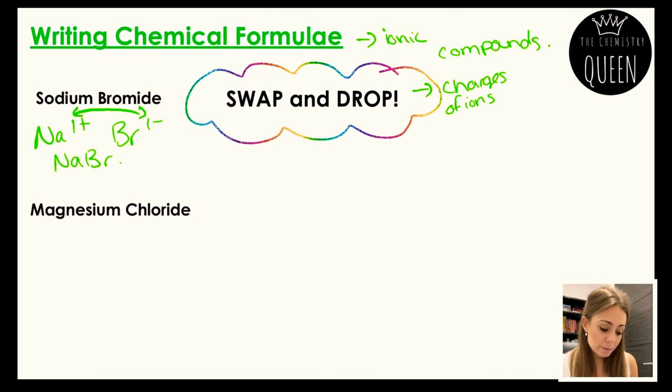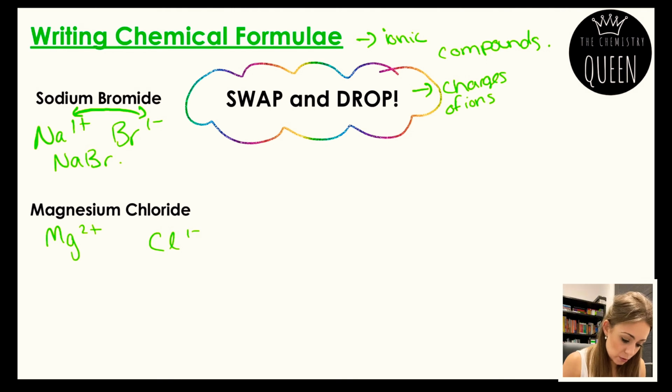Magnesium chloride, different because magnesium's in group 2. So magnesium will form a 2+ ion. Chloride ions have a charge of 1- in group 7. Swap the charges over, so the 2 will swap with the 1 of the chloride, so we'll end up with